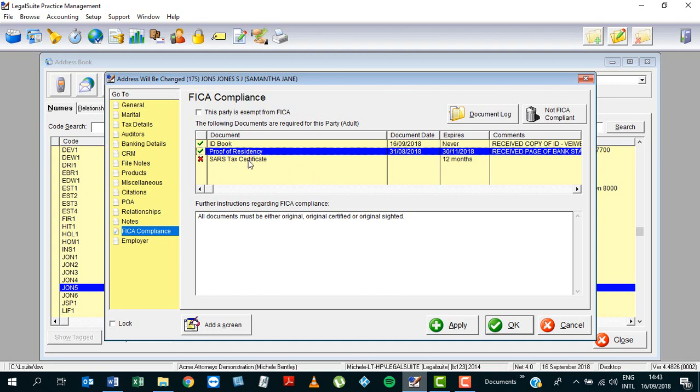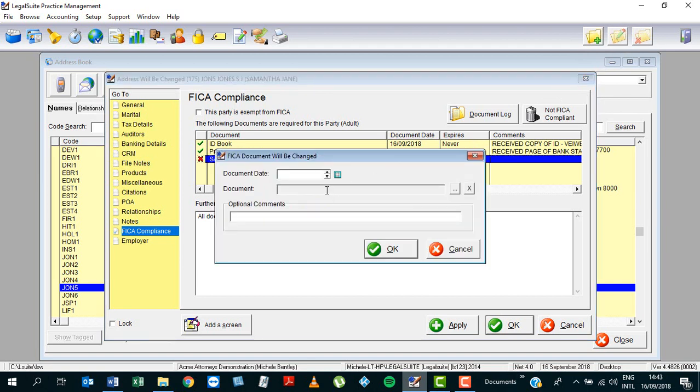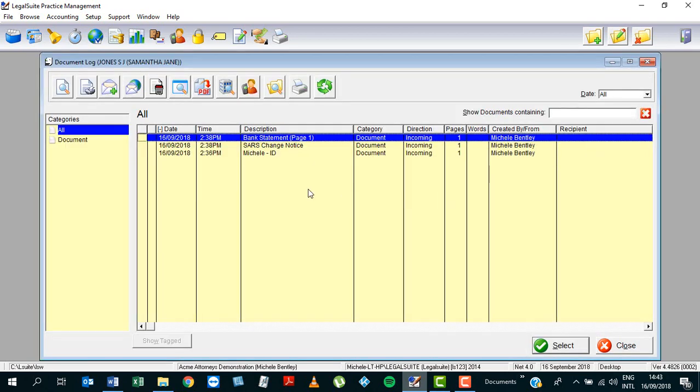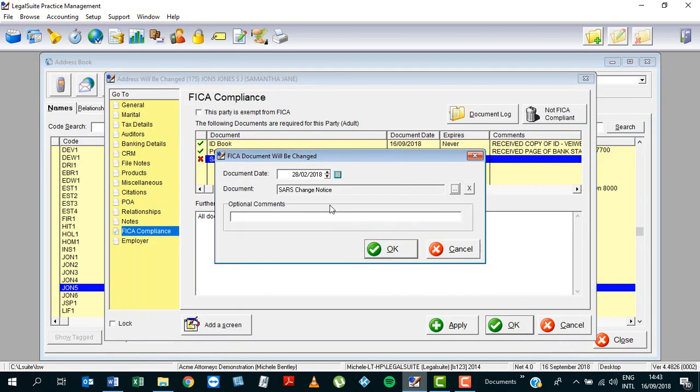Now our final item is our SARS tax certificate. Once again, I click on the change button. What is the date of the document? So this is dated 28th of the 2nd, 2018. So obviously at the end of this year's tax year. And again, I can click on the little ellipse button, and here is a change of details notice from SARS. I can say select, and I can say received,